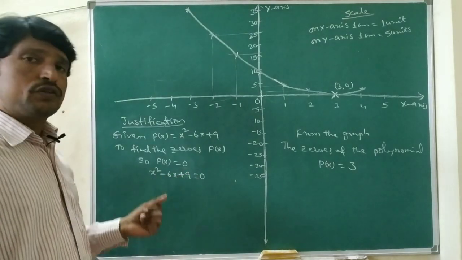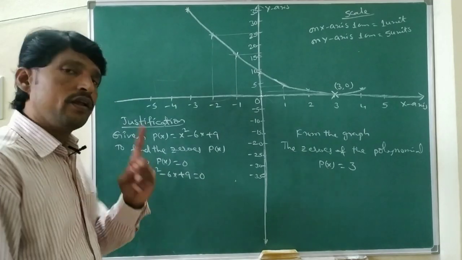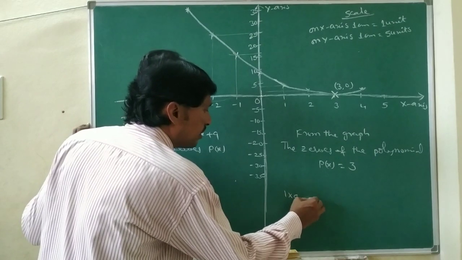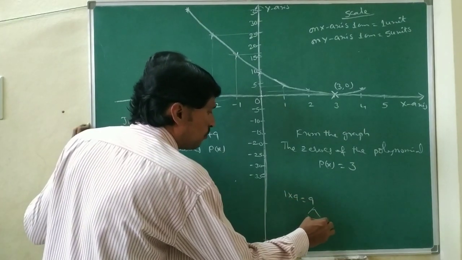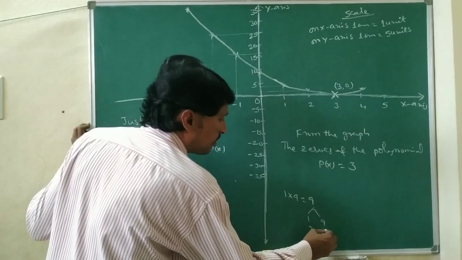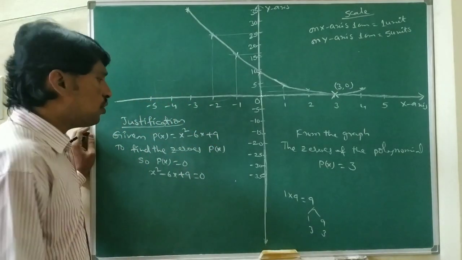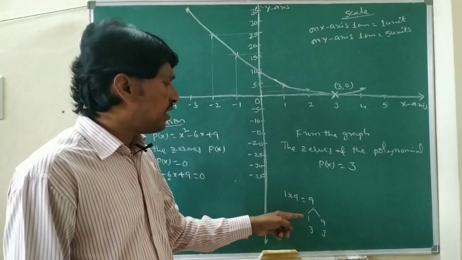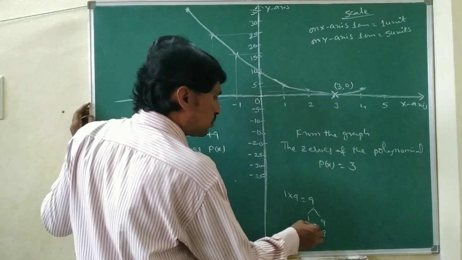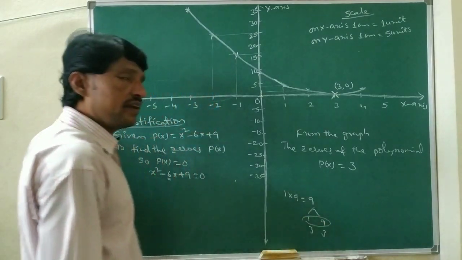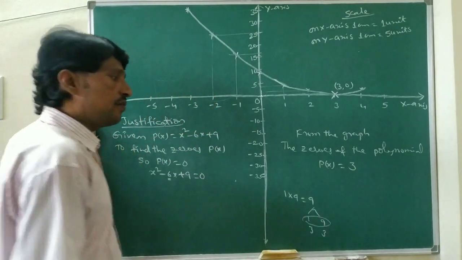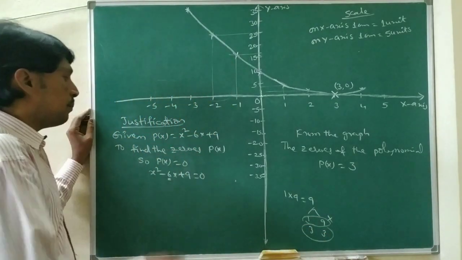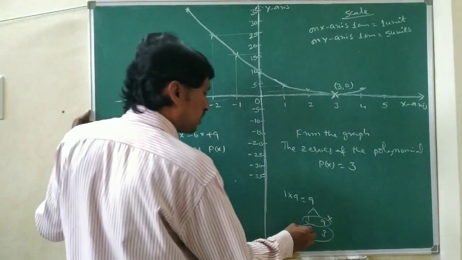So here, what is the coefficient of x square? 1. The constant term is 9. So 1 into 9, how can we write 9? 1 nine is 9, 3 threes is 9. Like that only we can write it. Here the middle term is minus 6. If we add or subtract, we should get this minus 6. First check: 9 plus 1 is 10, 9 minus 1 is 8, so that does not work out. Check this one: 3 plus 3 is 6, but here minus 6 is there, so for both we give minus.